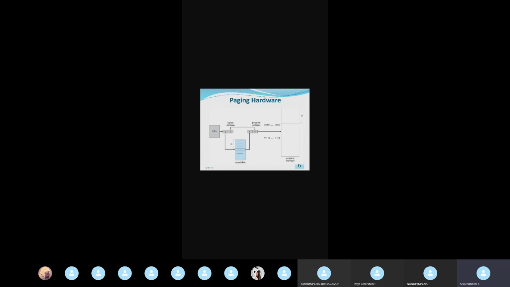In this slide number 7, see, in logical memory, we are having a process. This process has 4 pages. I'm considering it like this. So the 4 pages are page 0, page 1, page 2, page 3. In physical memory, the total number of frames is 8, that is frame 0 to frame 7. In between we are having a page table.